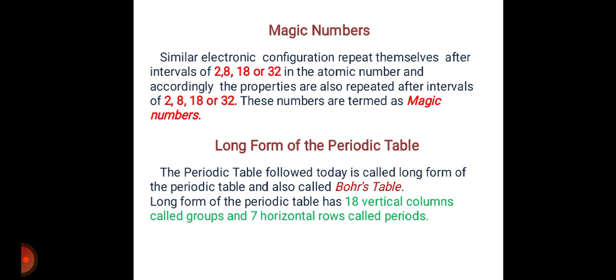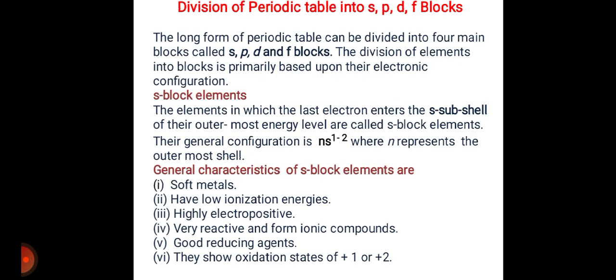And then, what is the long form of the periodic table? The periodic table followed today is called the long form of the periodic table, also called the Bohr table. The long form has 18 vertical columns called groups and 7 horizontal rows called periods. So now we can see the division of the periodic table into s, p, d and f block